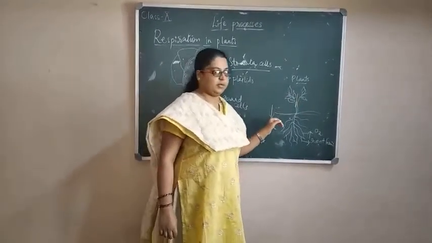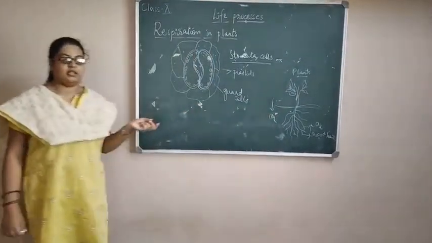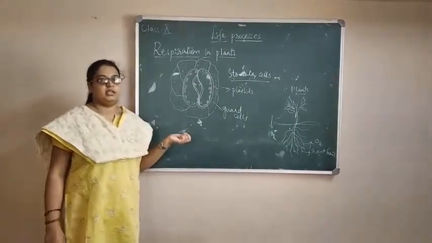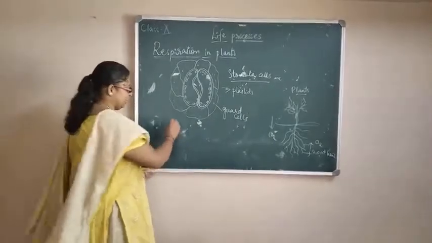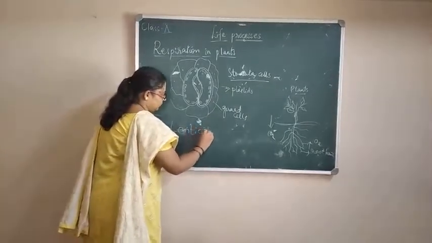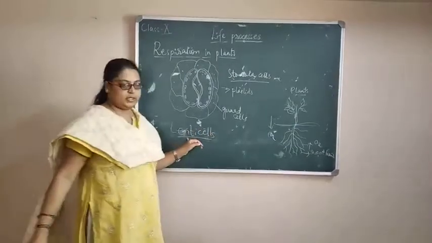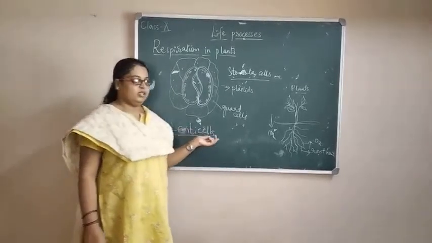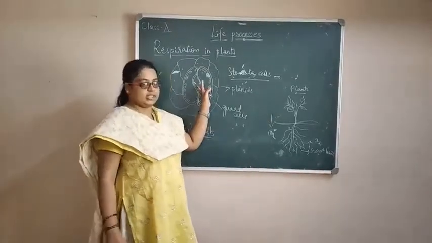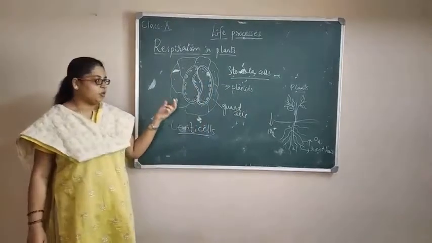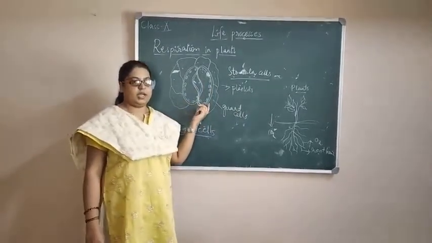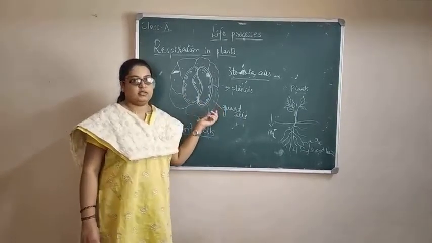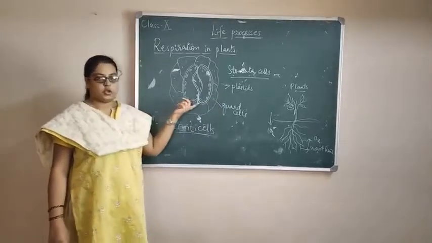This is the first step. Similarly, in the stem there are some cells too. In the wooden part of the plant, there are lenticels. These help in the exchange of oxygen as well as carbon dioxide in the stem. And similarly in the leaf, stomata will be there. These help in absorbing oxygen from the atmosphere and releasing carbon dioxide from the leaf, which is produced during the photosynthesis process.